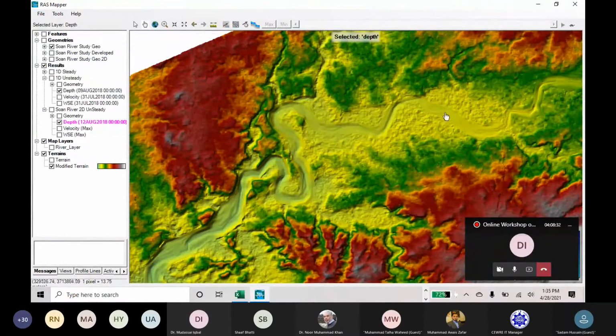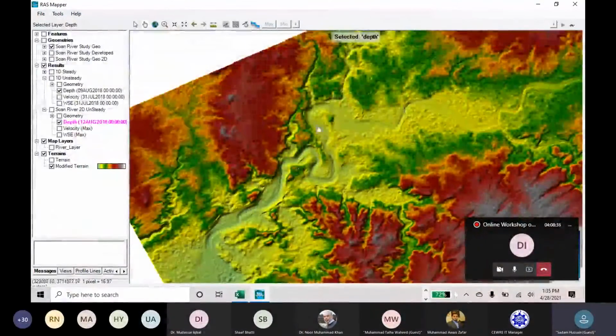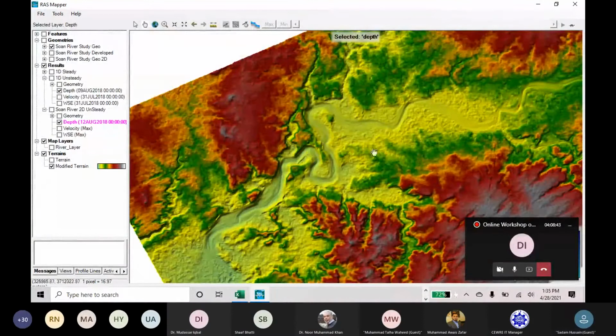After modification, you do not need any cross section data to incorporate, or you can simply use it in 2D as a 2D mesh to compute your flow study, or you can add any structure here or levees, levee studies, flood modification, flood wave mapping. You can use these modified DEMs. So that's it. I conclude today's session with this modification of the DEM. The last step which I have incorporated here was the addition of the weir in the 2D model. Let's leave it for the next time.